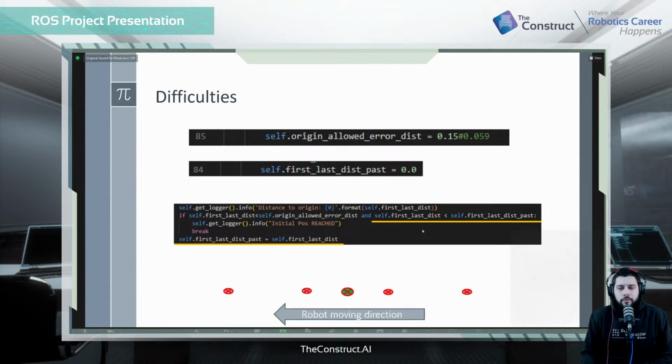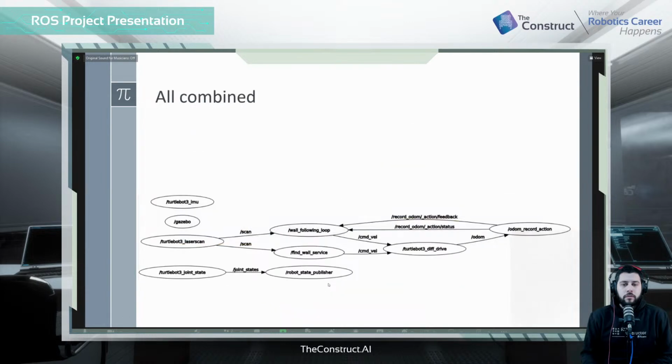So if the robot is moving to the left and this is the reference position, I can compare the distances with the past one. I just have to have another variable which stores the past distance. And if I'm closing in, the past distance should always be bigger than the current one. And vice versa, if I'm going away, then the logic will be inverted. And if we combine all the logic, we have this